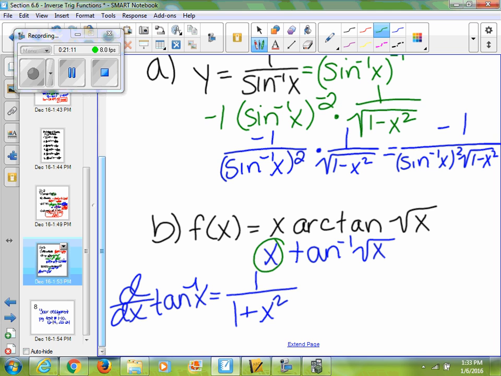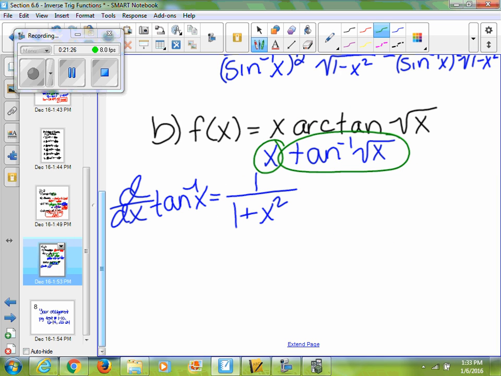Because these are two separate functions, I'm going to take the derivative of the first times the second plus the derivative of the second times the first. So what's the derivative of x? 1. Okay, so the derivative of x is 1. So the derivative of the first times the second, and in this case my second is just the inverse tangent of the square root of x. That stays the same. Plus the derivative of my second, and we just said the derivative of the inverse tangent is 1 over 1 plus x squared,